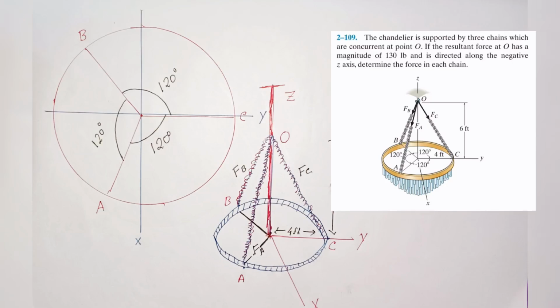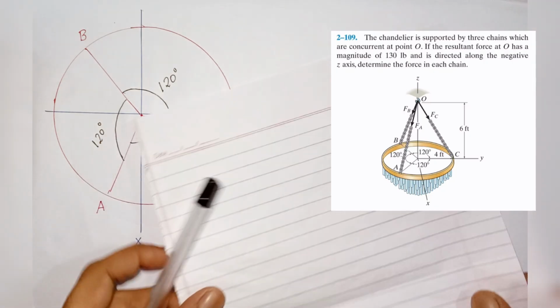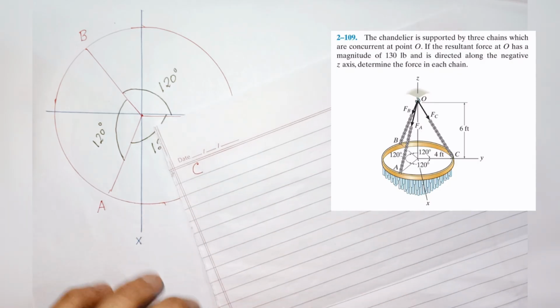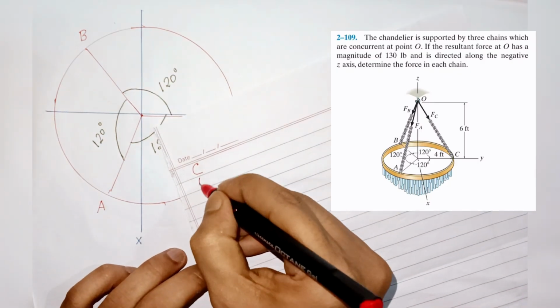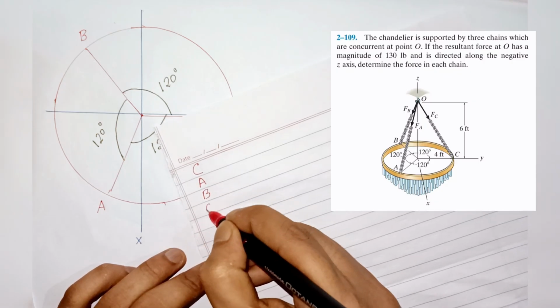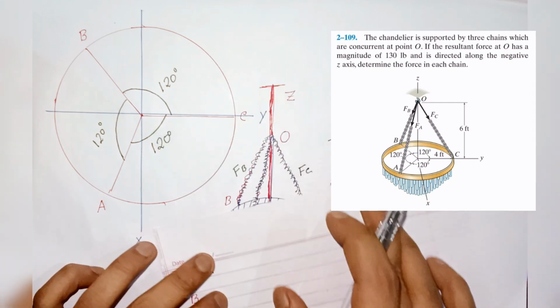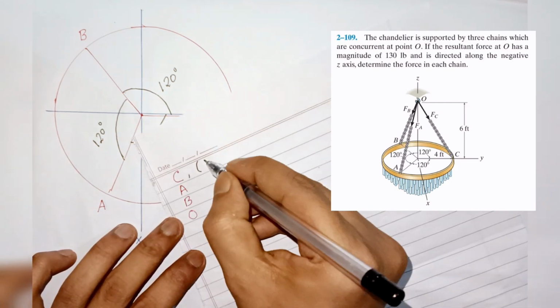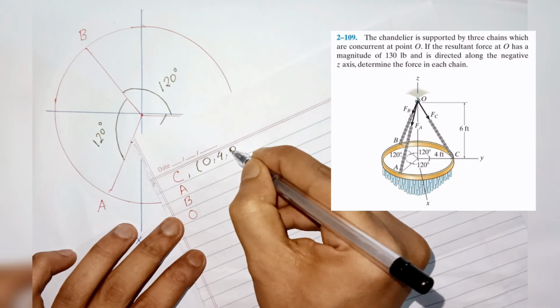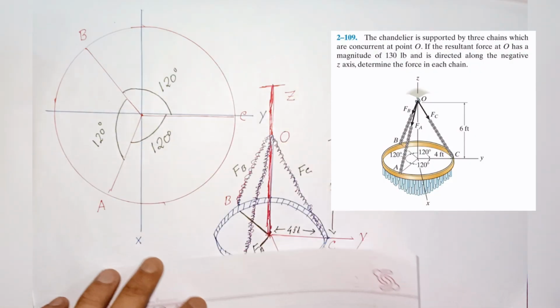100% challenge. You can copy-paste from Google or AI in just 2 seconds. But the way I explain it, that premium edition is not available anywhere in the world, the planet, or the universe. From the cinematic drawing, we'll hand down the secret home address of A, B, C, and O. I mean the finding coordinates of A, B, C. If I ask you where is the position of C, it's 0, 4, 0. But why? Let's watch.